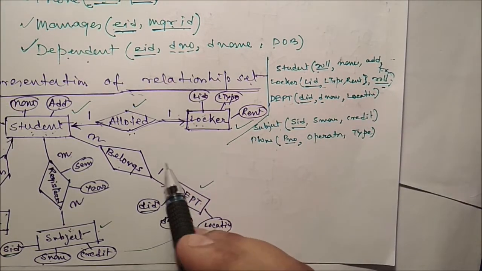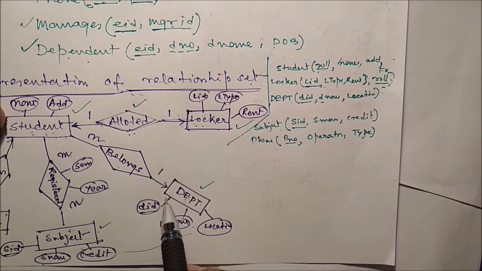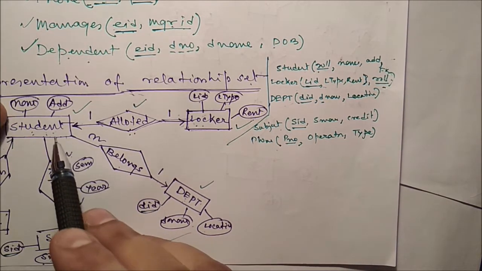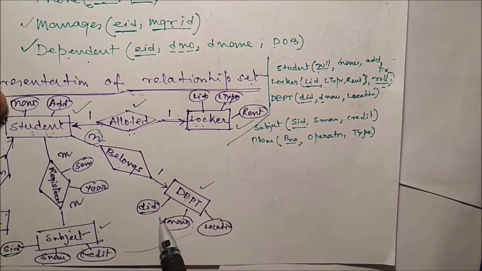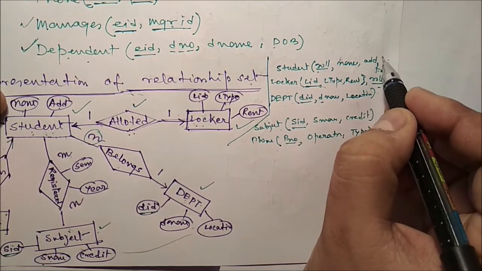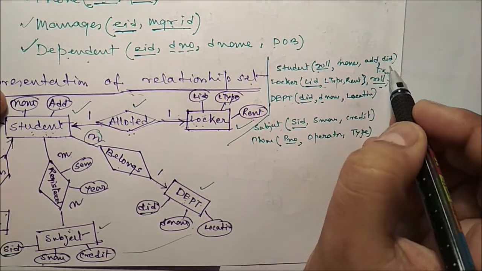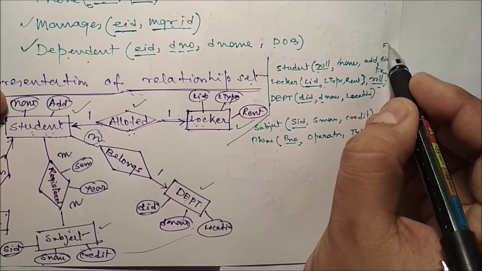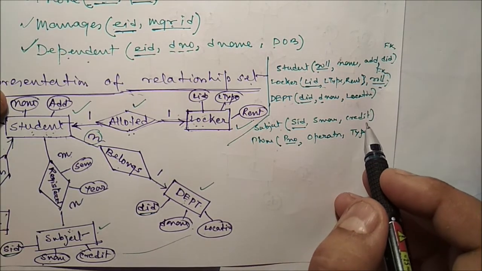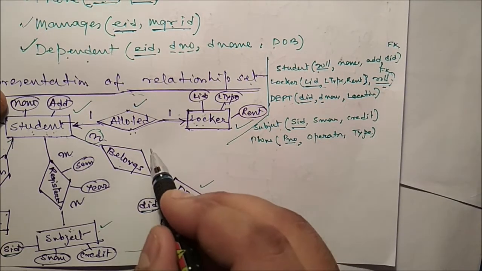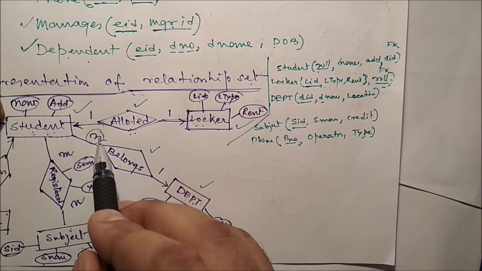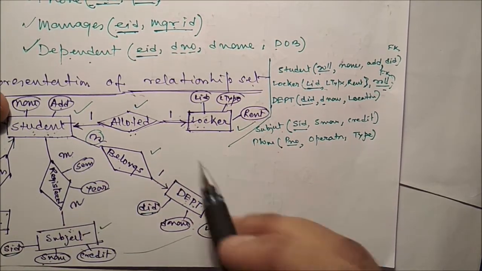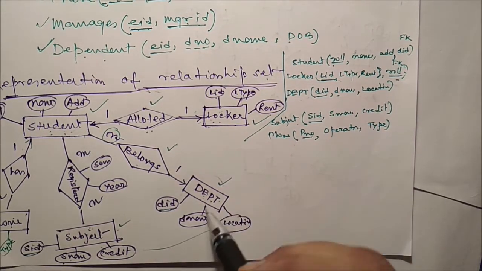Next is what? Belongings. Now here it is what? It is an n:1 relationship set. Now in this case, remember, we have to put the attribute as a foreign key on the n side. The n side means what? It is the student side. On the student side you have to put the department ID. Are you getting this one? Now here department ID is the foreign key. So for belongings, to establish the relationship between student and department, on the n side we have to put a foreign key, the primary key of this particular department.